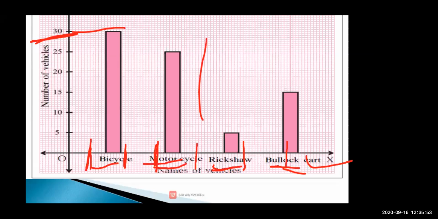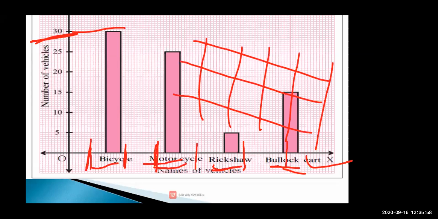See, there are bold lines in your book, this line is a bold line. What you have to write? This line, you have to leave, and here you have to write the name. Then once again leave this line, write another name. Once again leave this line, write another name. So it should not be jumbled, it should be clear. One box has to be empty, then you have to write the name in the another box downward, not upward. It should be written on the x-axis downward. Then leave one box, then write another name. So one box should be empty.